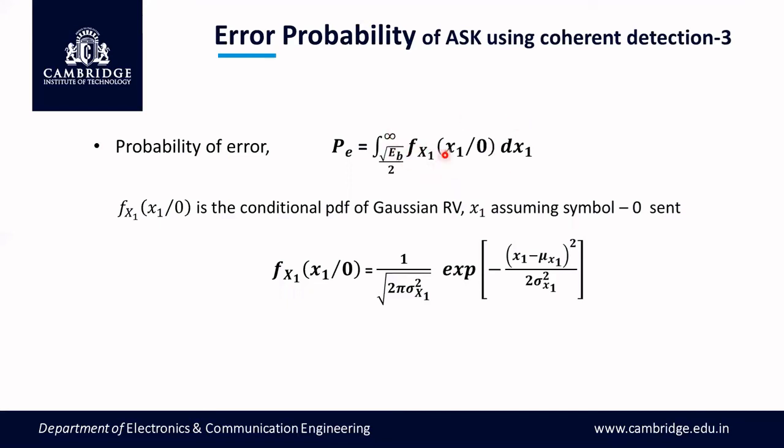That's why x1 is a random variable, because basically the probability of error when symbol 0 is transmitted involves white noise, and white noise is basically a Gaussian random variable. Next question comes: what if symbol 1 is transmitted? We assume that symbol 1 and symbol 0 are equiprobable. This Gaussian random process makes x1 also a Gaussian random variable. That's why we end up with the same equation for symbol 1 transmission also.